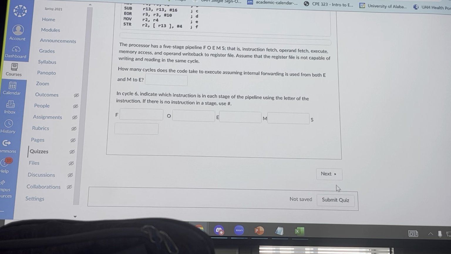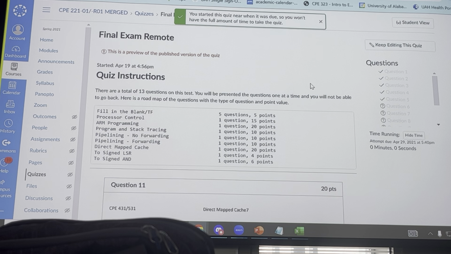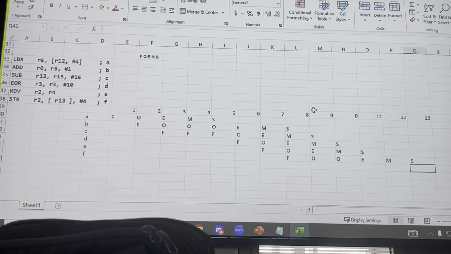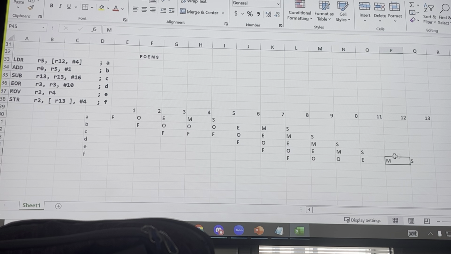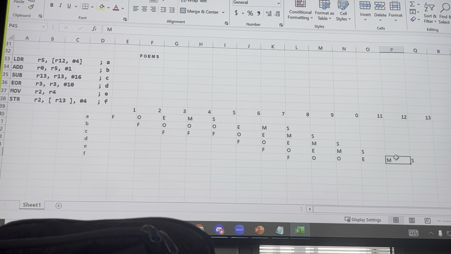Wait, so for that last one, do you have to wait till after memory? For this very last one right here. Yeah, what needs to wait is what you're asking. This right here needs to happen here. Why? Because R2 needs that one. No, sorry. R13 would be a read, a memory access, right? Yeah, that needs to happen after that's done. It's way after it's done anyway. It has to happen after execute, right? It can't come before execute. And execute can't come before operand. So this is the earliest it can happen, and this is way after it's already done over here.